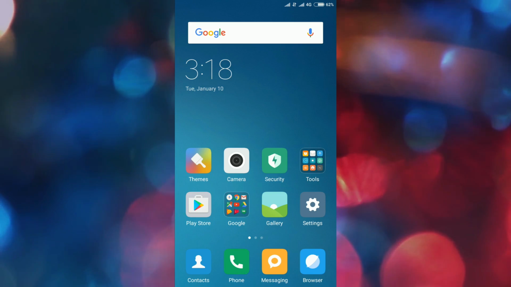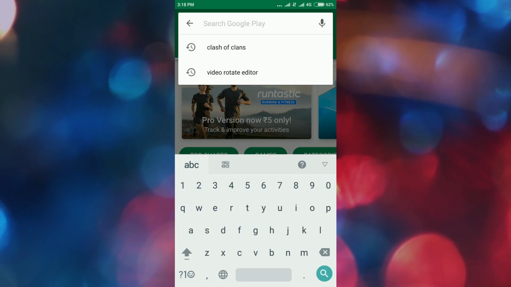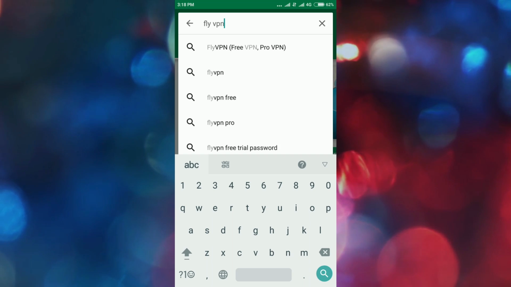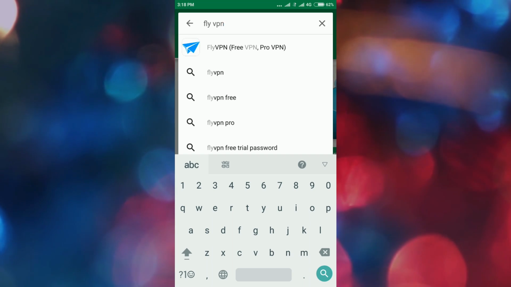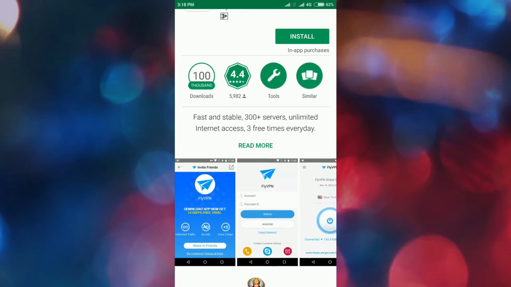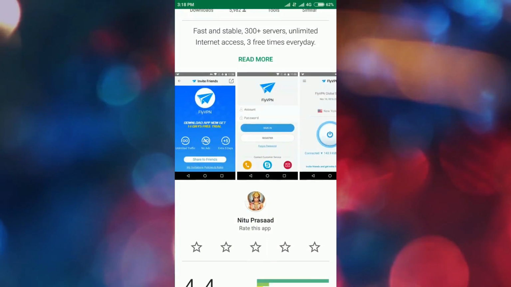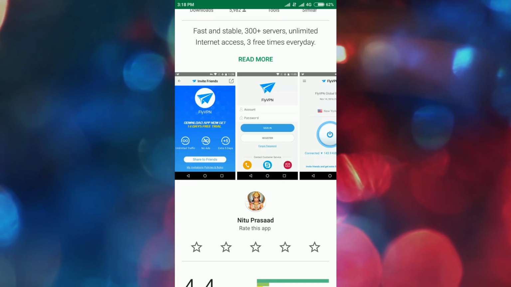So first you need to go to Play Store and search for Fly VPN. Click on it at the top. Well, you need a VPN to play WWE 2K16 on your Android device.